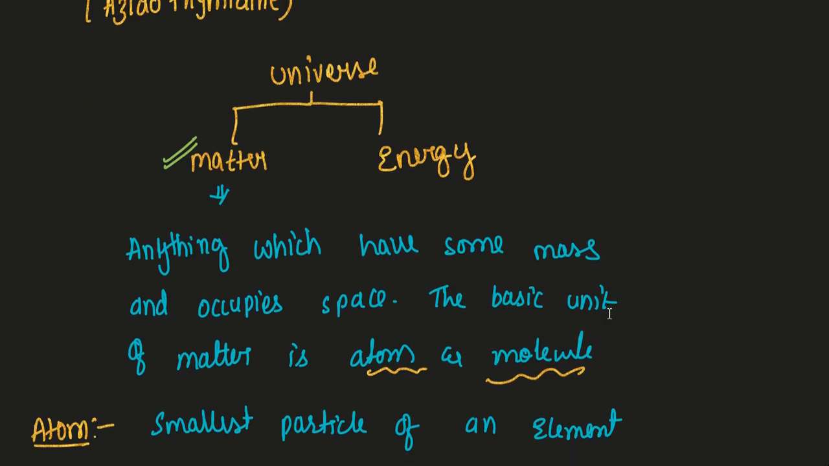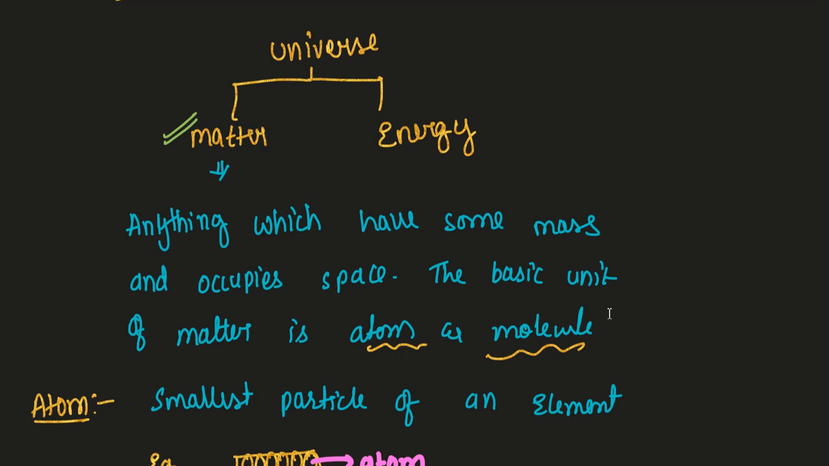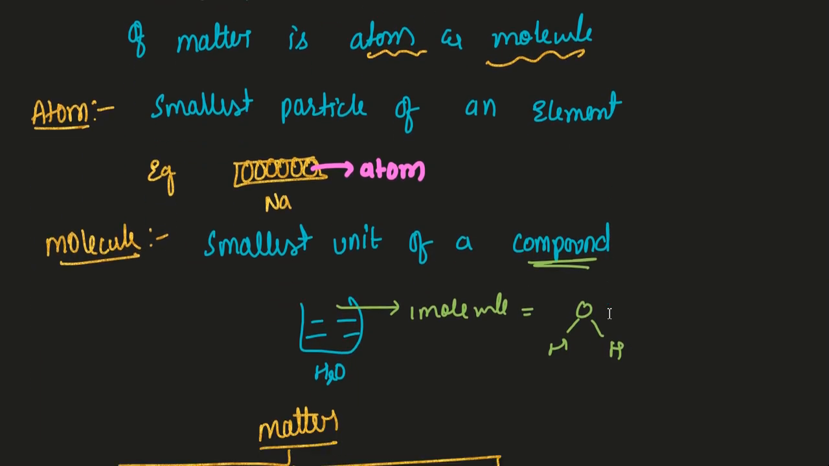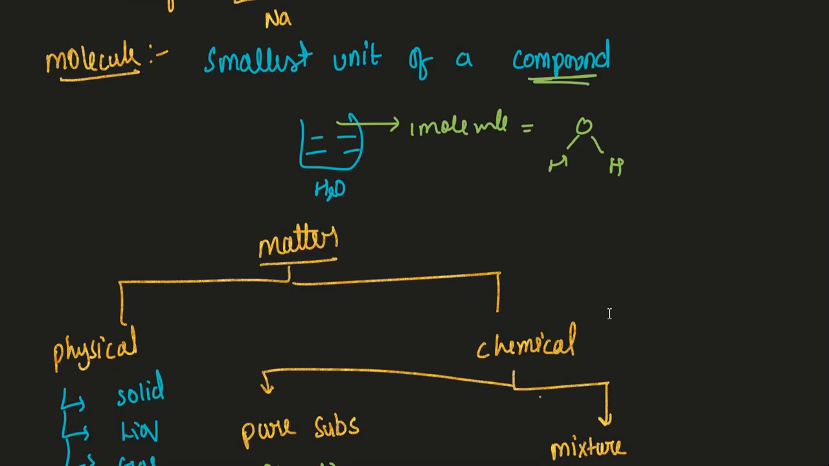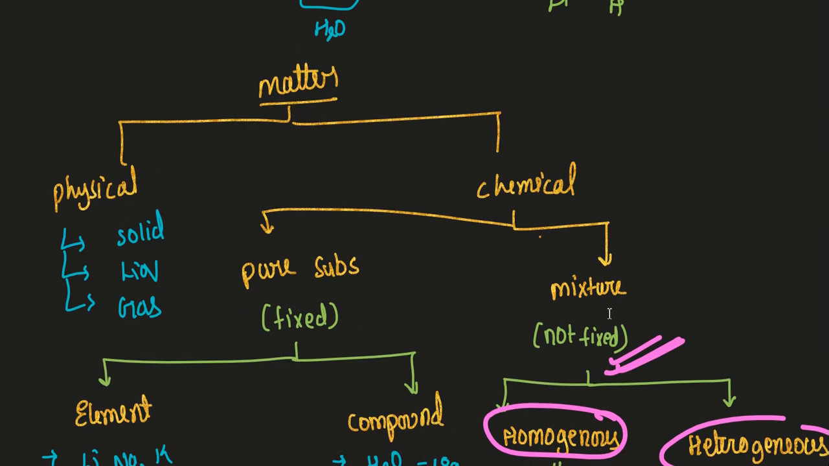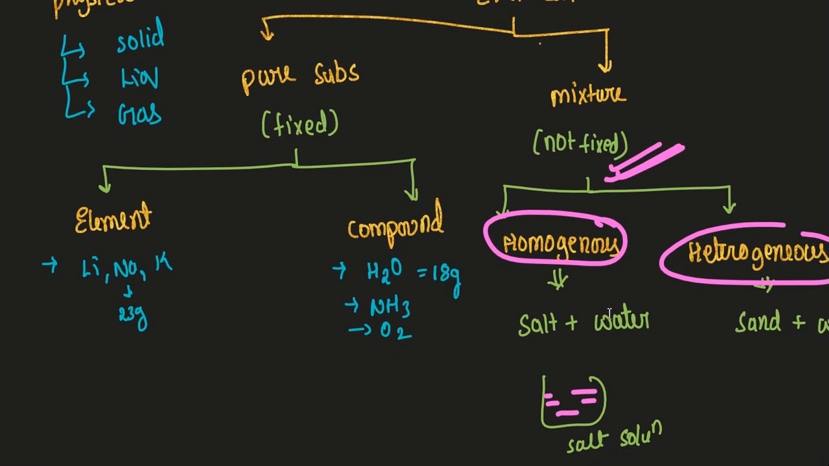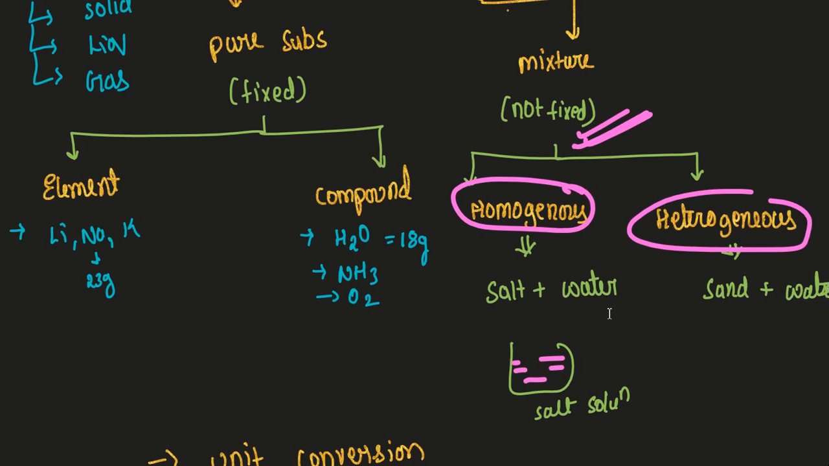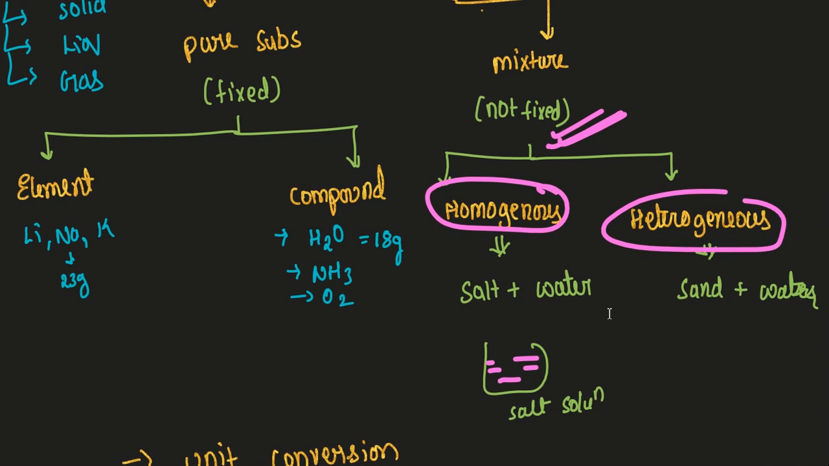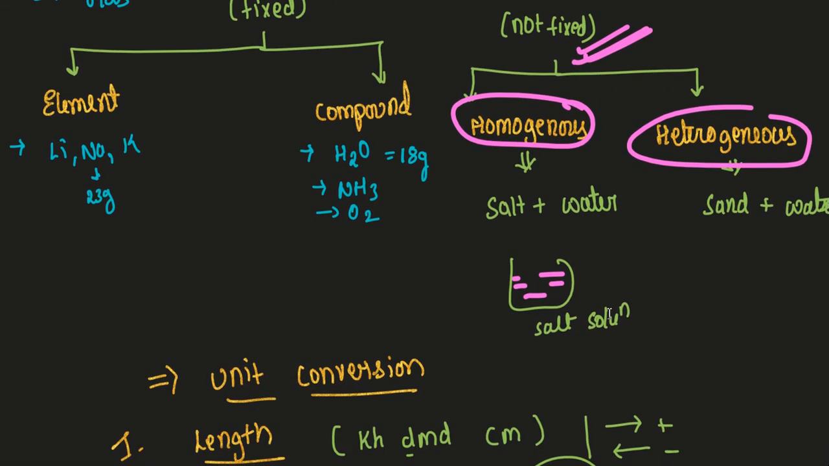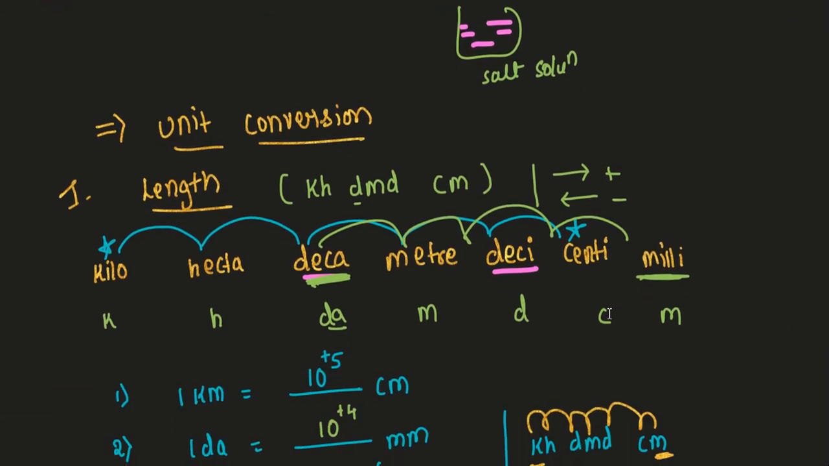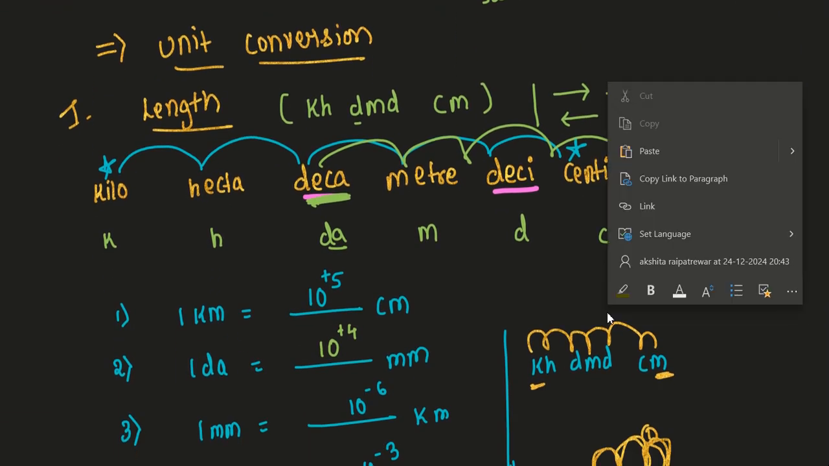Then we studied that the universe is divided into two parts, matter and energy. Later, under matter, we discussed atom and molecule. Based on physical state and chemical state, matter is divided into solid, liquid and gas. Then we studied the meaning of element, compound, homogeneous and heterogeneous mixture. Then we started with unit conversion, whose shortcut code is